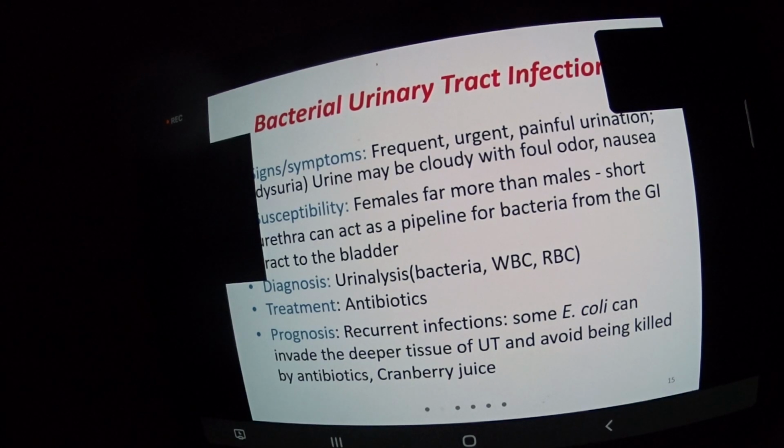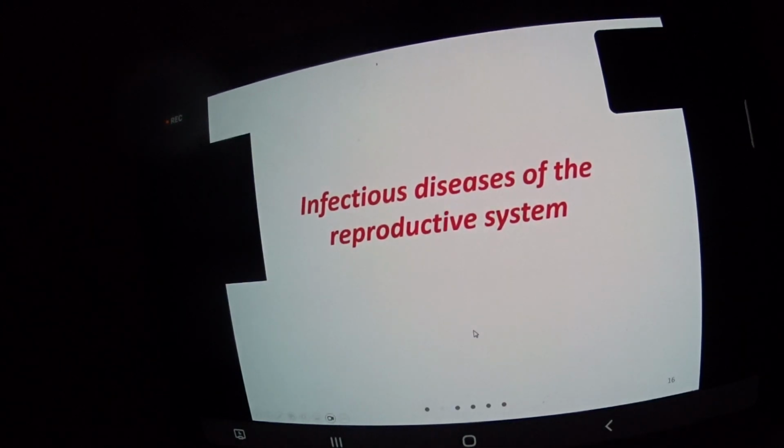And again, treatments are antibiotics, and some preventive measures women are told to consider. In some cases, hormone therapy can cause a different pH in the environment that allows for the growth of these endogenous bacteria. So maybe check the hormone therapies that they have. Some practices, they're told to have cranberry juice. There is actually a type of enzyme that changes the pH of the lining and provides some protection for it and makes it hostile for bacterial growth. Things like that.